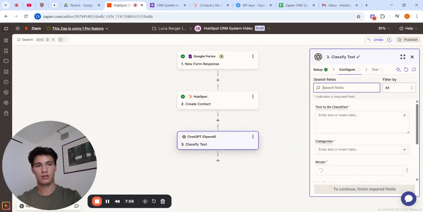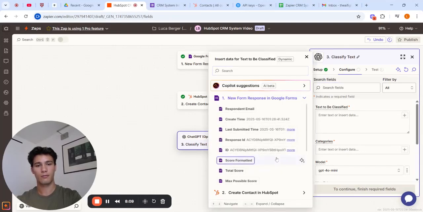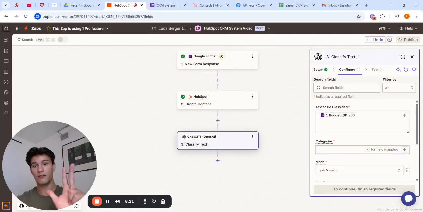See if that works. If not, we should have an API key situation here. So see text to be classified, new form. And let's say we only accept clients based off a certain budget, we're going to click budget. That's going to be the text to be classified. And our categories, we're going to split into 3 different categories, which we'll see why in 2 seconds. So cold lead,